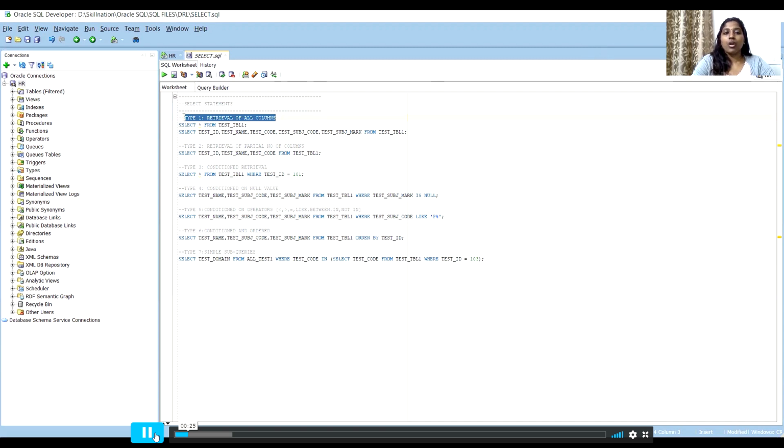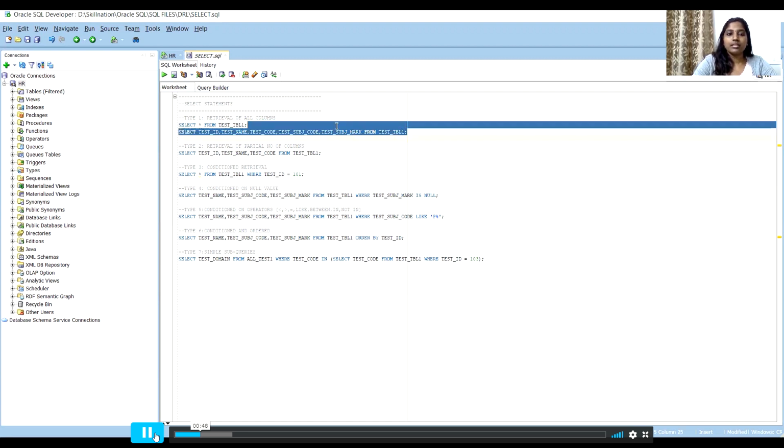Okay, so how do you get all the columns? Either you can use select star from that particular table. The syntax is select star from table name, or you can say select is the keyword and then give the list of columns, like all the column names from this table. So both will be returning the same result. So let's run it together and check if it is giving the same result.